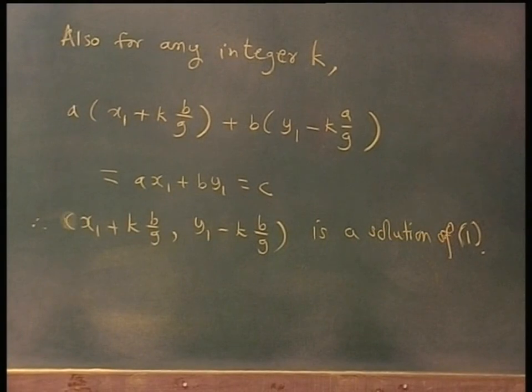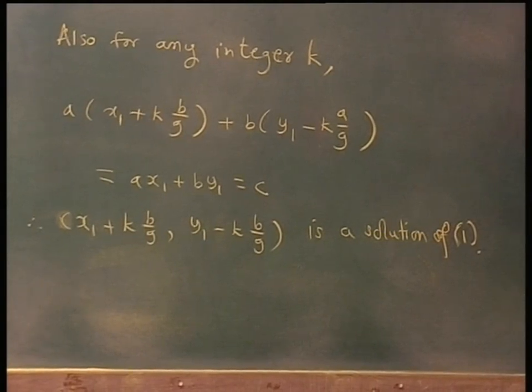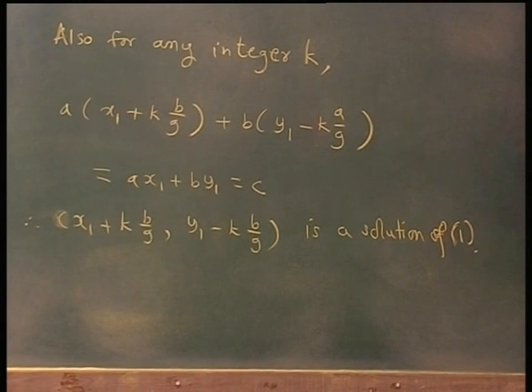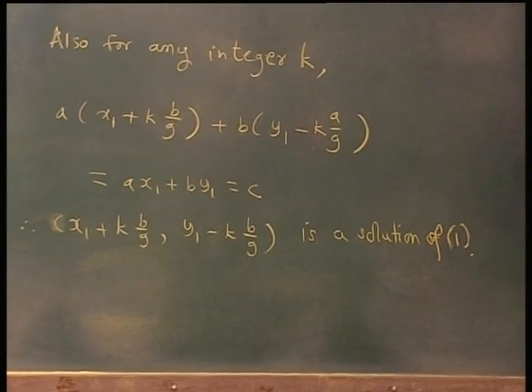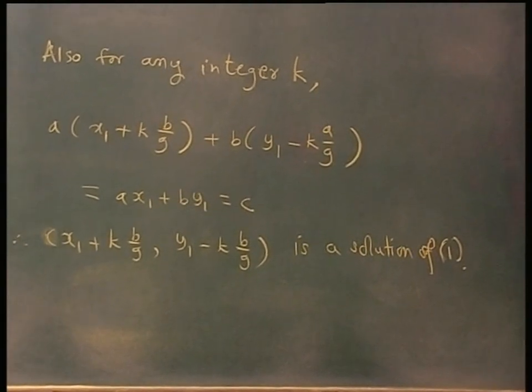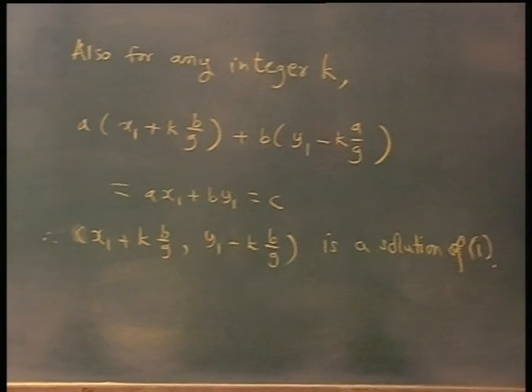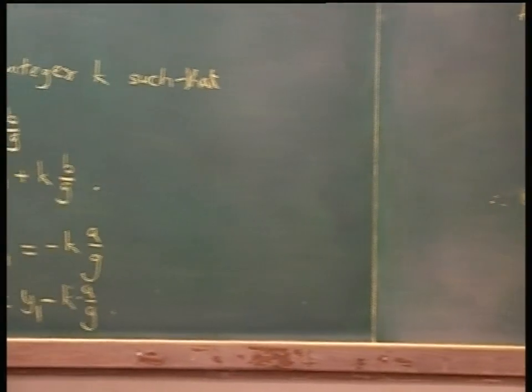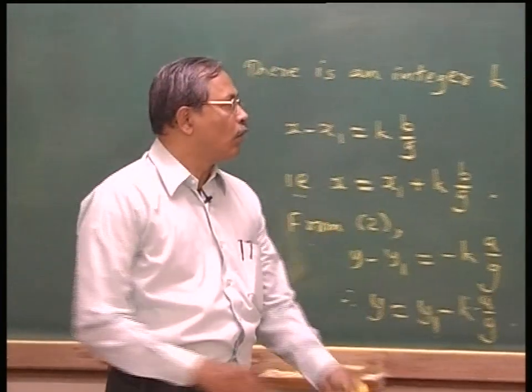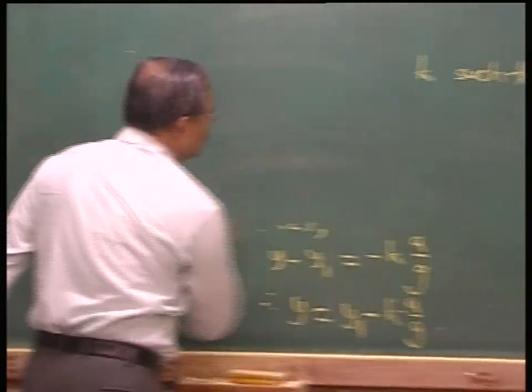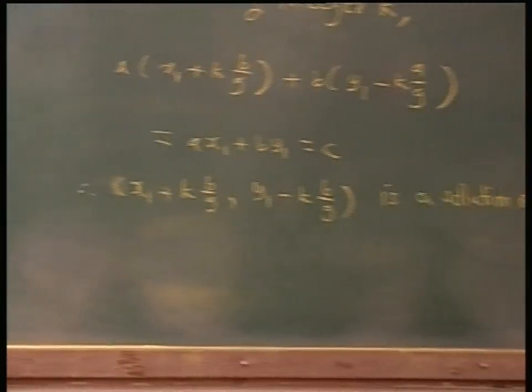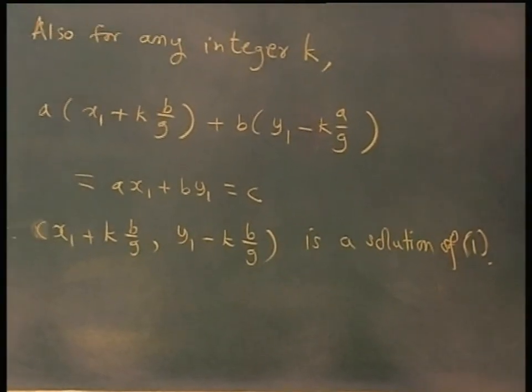So what we have shown is, first of all there is a solution x1 y1 provided g divides c. Now, any other solution x y you can write in terms of x1 y1, and x will be x1 plus k times b by g and y will be y1 minus k times a by g for some integer k, and for any integer k this is a solution. So you have got all solutions in terms of one solution x1 y1. So we get this theorem,